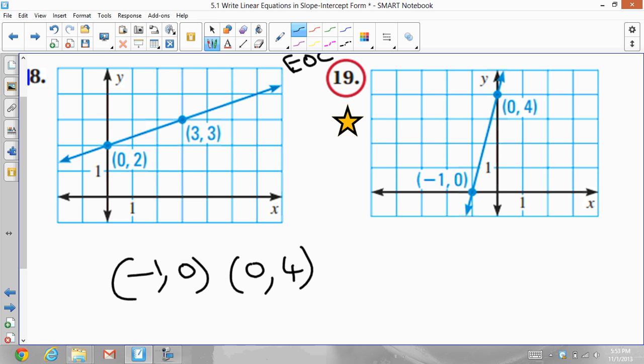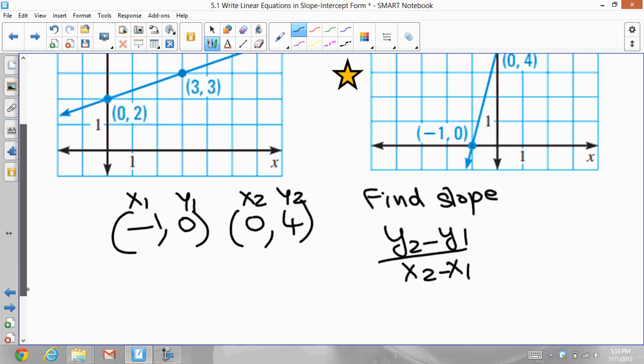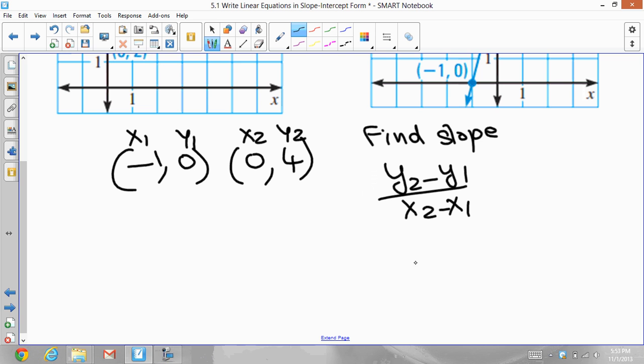So I want to find the slope. Find the slope first. So I'm going to call this x1, y1, x2, y2. My first point of x, my first point of y, second x, second y. So the slope formula is y2 minus y1 divided by x2 minus x1, and replace the numbers in the correct spot. So your y2 is 4 minus y1 is 0, your x2 is 0 minus, and x1 is also a